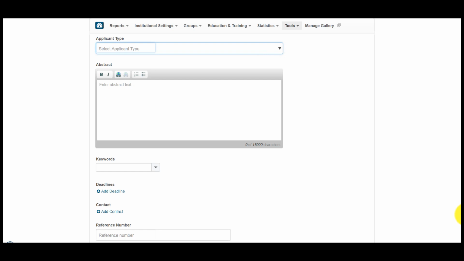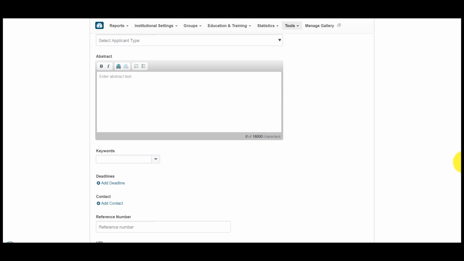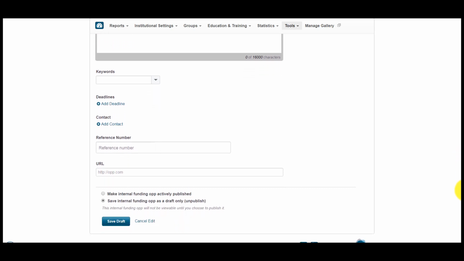Below applicant type is a text section titled Abstract. This allows up to 16,000 characters of abstract text describing the funding opportunity. Text may be formatted in bold, italic, web links may be placed, as well as numbered or bulleted items. Scrolling further,